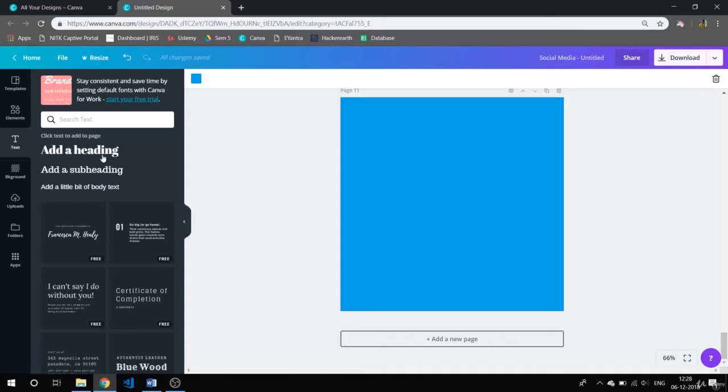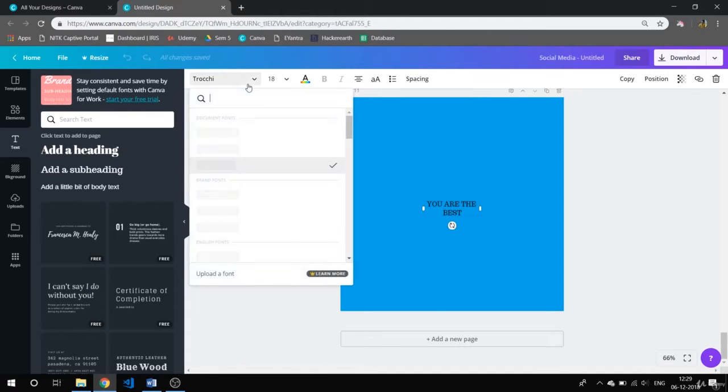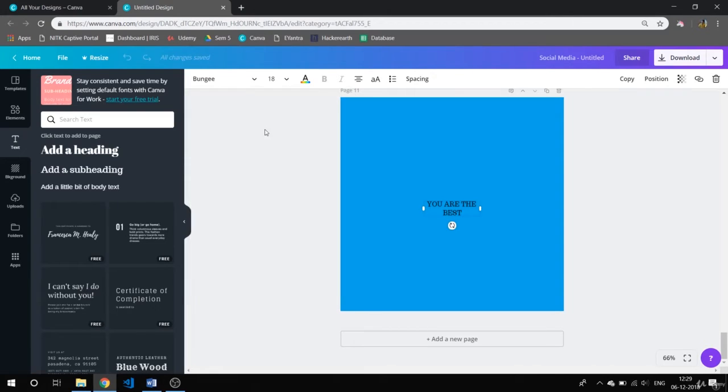So I always prefer using these three. I go ahead, click on add a subheading. I type some text here. You are the best. And what I do here is you can go here, change the text. There are a lot of fonts available, and I'm just clicking on some random thing just to save your time. And you can change the orientation, you can change the font size,